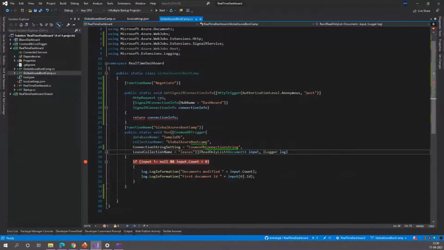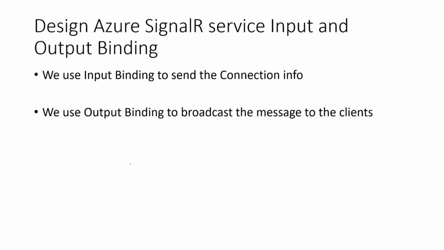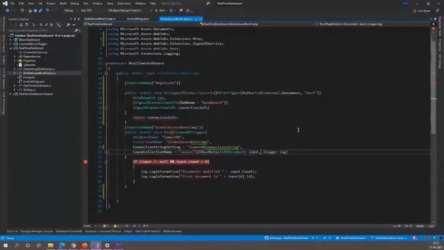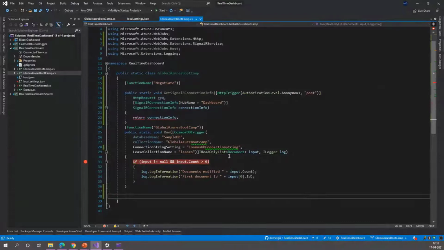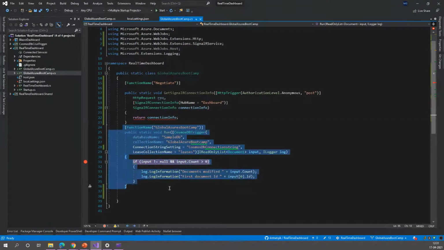Now we have seen the first input binding, and next we need to use the output binding so as to broadcast the messages to the various clients that will be connected to our Azure SignalR service. How can we do that? We need to modify this Cosmos DB trigger function.